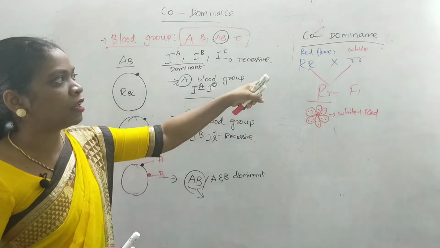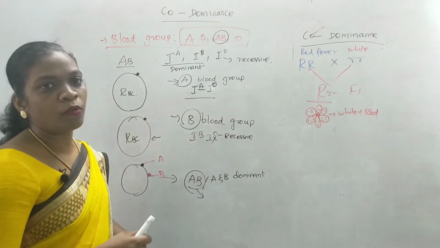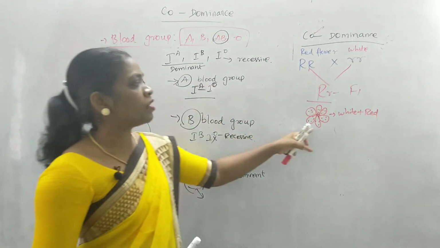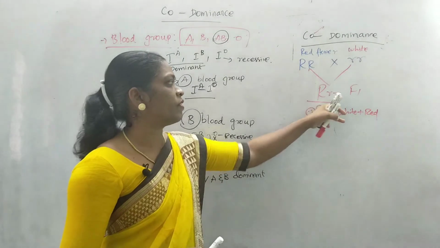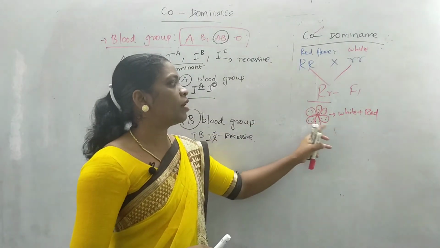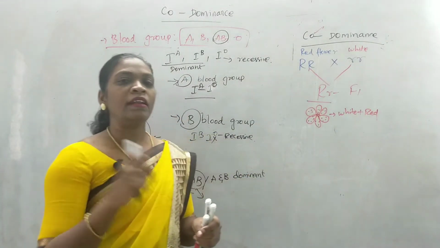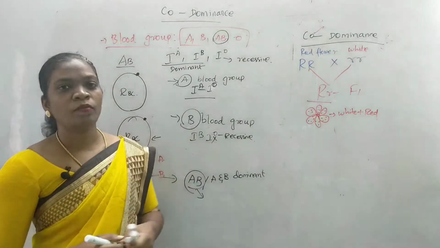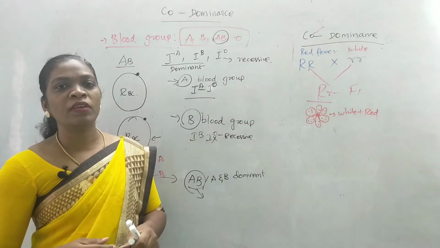And in case of plants, we can take a red flower and a white flower, where the red flower has got white spots. So both the genes have expressed here, both red and white color, where we have got the new combination of white and red color together in case of plants. There are a number of examples even in cattle.